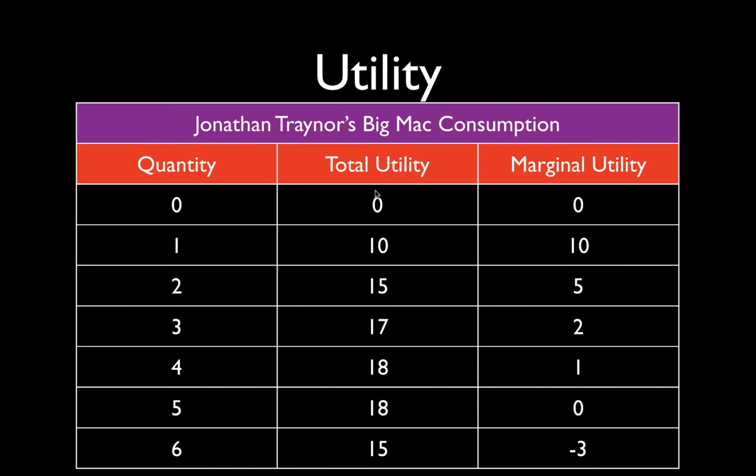Well, the first thing I want you to see is that for the vast majority of them, total utility is rising, and then eventually it'll fall. But what I want you to see here is that marginal utility is falling. The extra happiness that I get from consuming one more Big Mac in one sitting, and we have an assumption that no time has passed, is falling. And that is the law of diminishing marginal utility that we've talked about in a previous video.